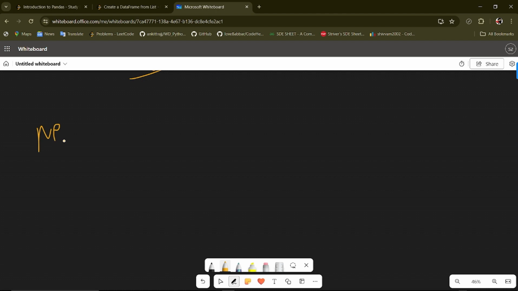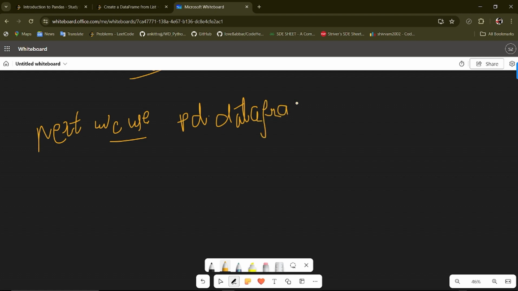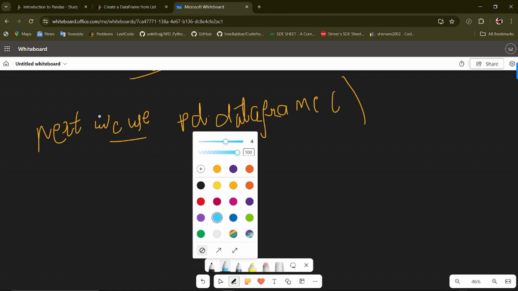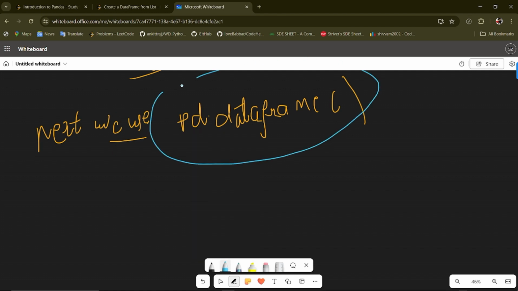And next we will use pd.DataFrame to transform the list into a data frame.